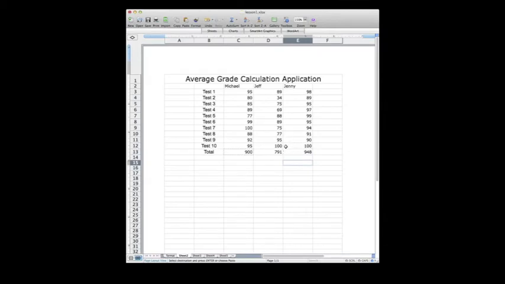So let's recap a few things. What we did is we just built a little grade book here, and this class has 10 tests and 3 students, and we'd like to build an Excel application that calculates the average of the students. Interesting thing is, after obtaining the data, which is the test score, we could use a built-in formula called sum. And instead of typing all those data, I could just use the mouse to select the range of data, and